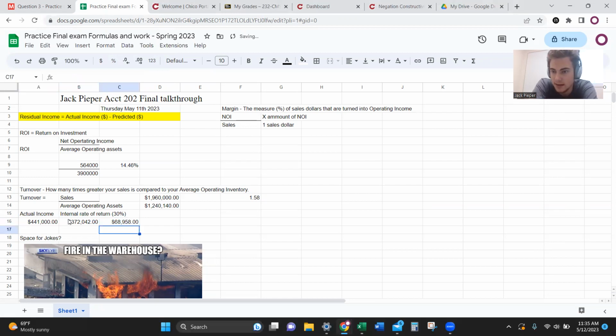How much more money did we make above what our initial rate of return or internal rate of return wanted us to make? So we know that we have an investment opportunity that we can invest things